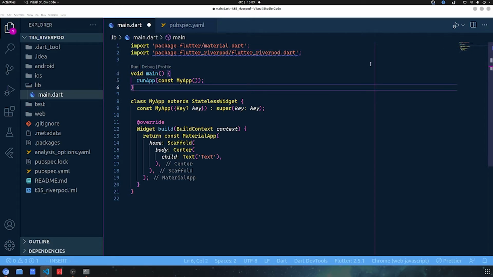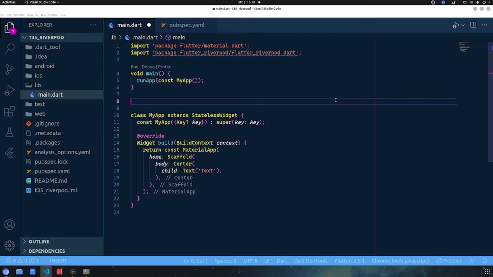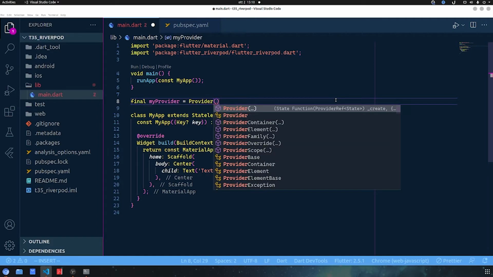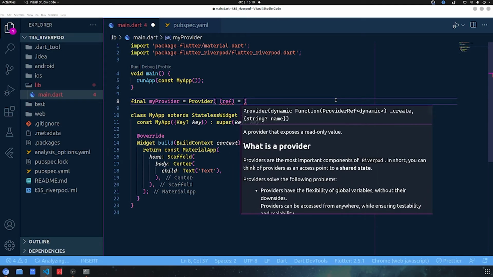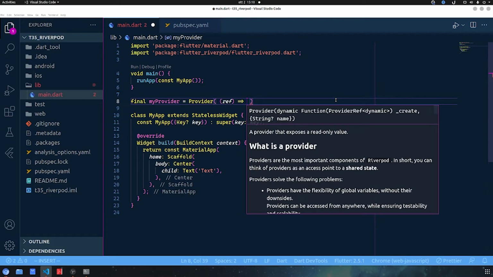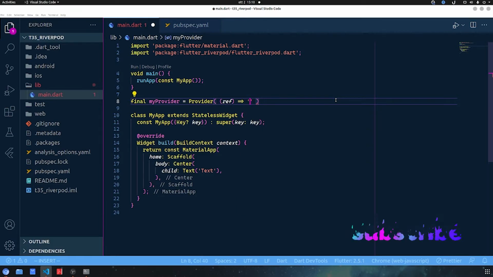And so right now we want to create a variable that stores our provider. And don't worry if the variable is global, because the provider is immutable, as is stated in the documentation. It says that it is like if you define a function, so you absolutely don't have to worry. So we are going to define it with final myProvider and calling the provider package, and here it returns back a strange ref parameter that we are going to see in a moment, inshallah, and here the value that